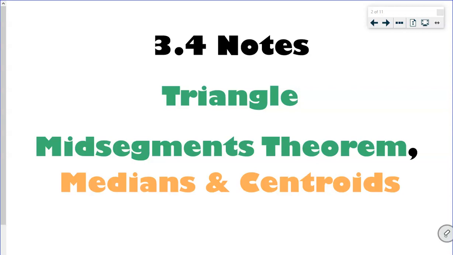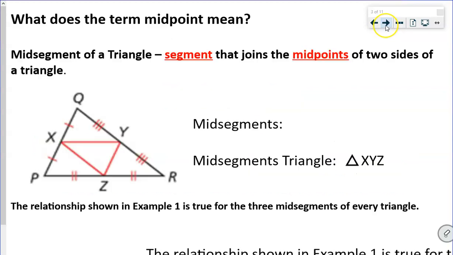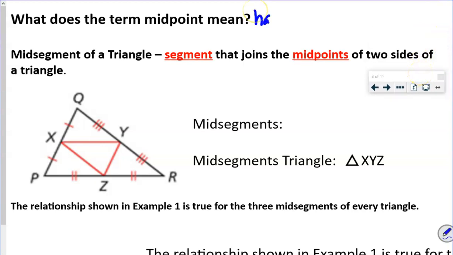In the video today, we're going to talk about the Triangle Midsegment Theorem and medians and centroids. So what does the term midpoint mean? Doesn't it mean the halfway point between two ends? So we could say halfway between two points. Okay, so if I've got this point and this point, I draw a line between them,